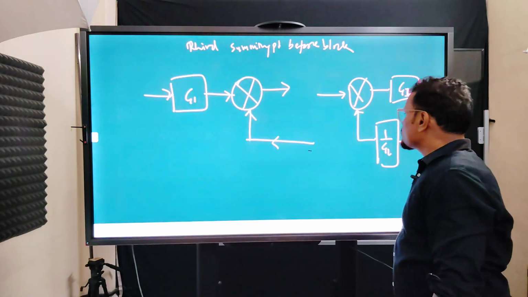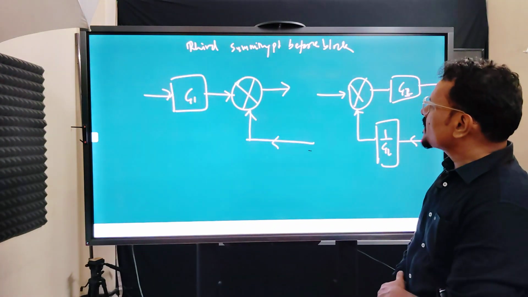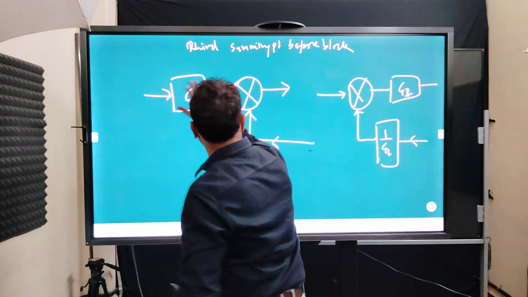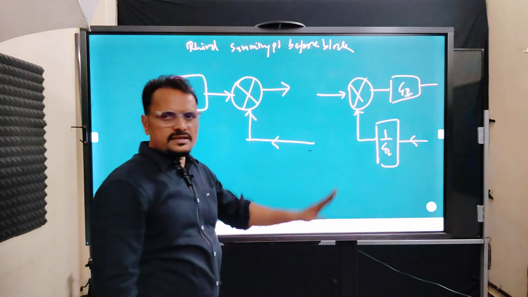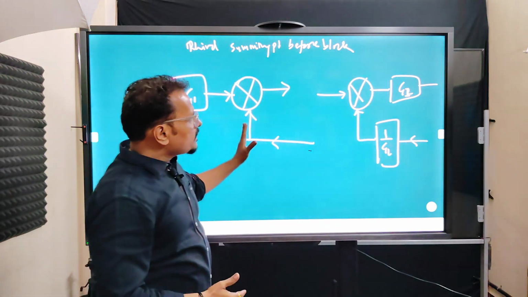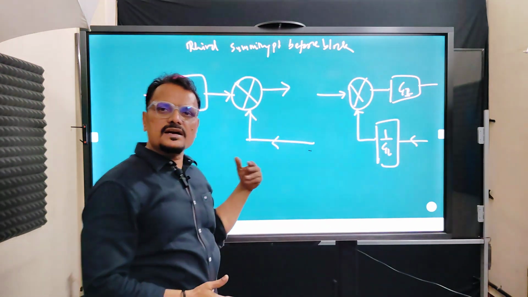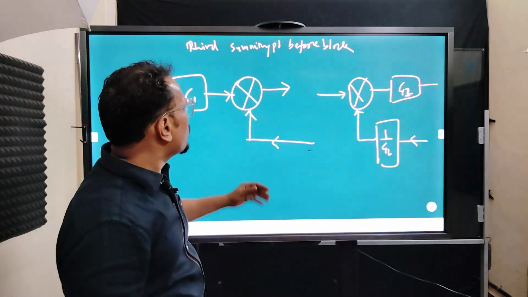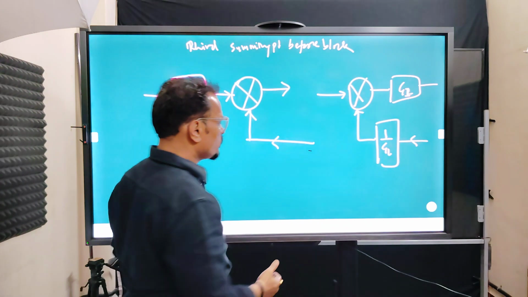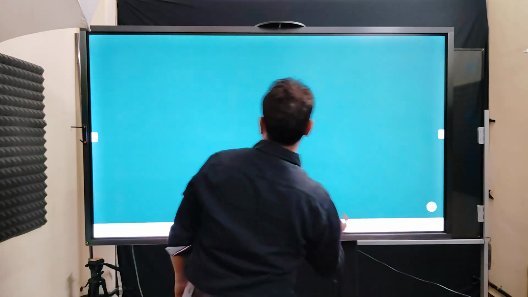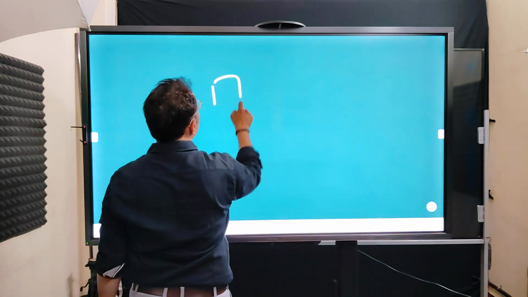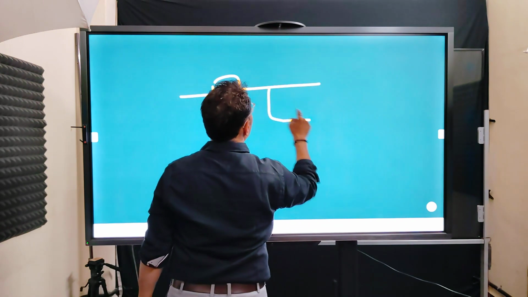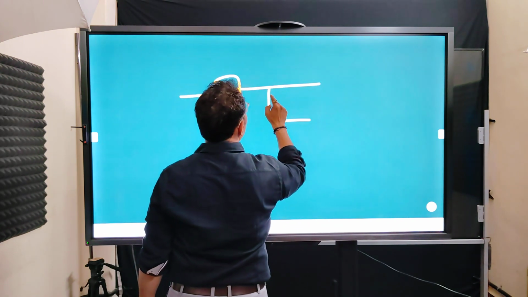The next thing we have seen is the third rule. In the third rule, we saw that we can move this ahead or afterwards, only we have to divide it. And if this is happening with a summing point, and the same happens with a takeoff point, then we can do it in the same way, so that becomes one more rule. Which rule does it become? We'll say the next rule is like this: if this is a block diagram and you have a takeoff point here, and if you want to move this takeoff point,